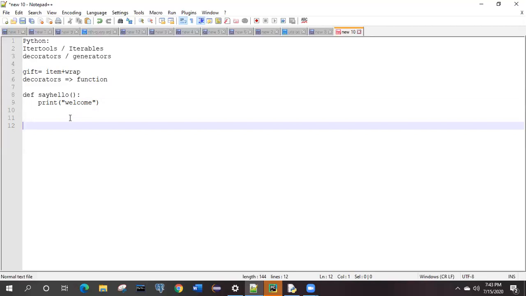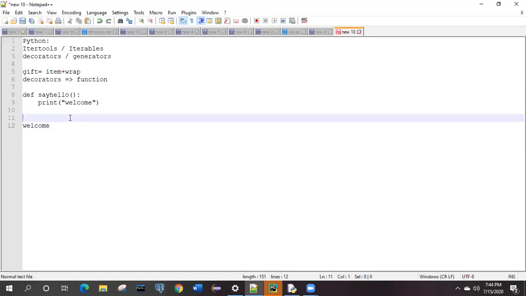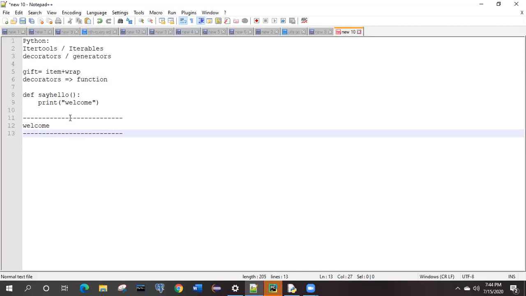Suppose you run this program at the console and it gives you output like this, welcome, right? But you don't want this simple welcome. You can define some work before it, like giving a line, and inside that you print welcome, so that it gives a meaningful output.